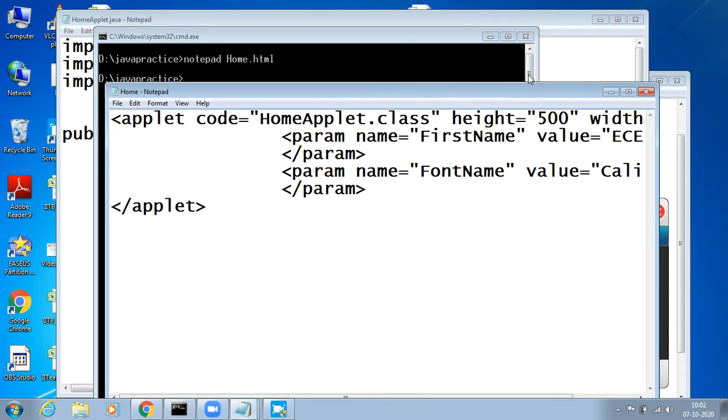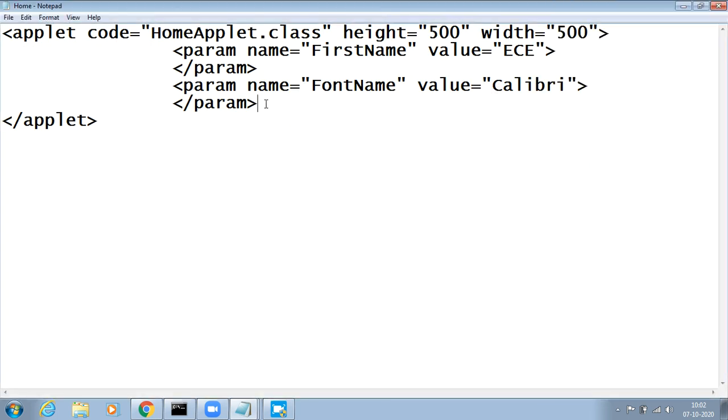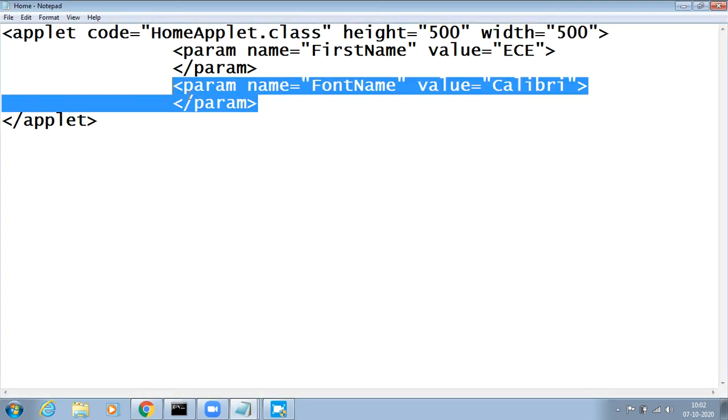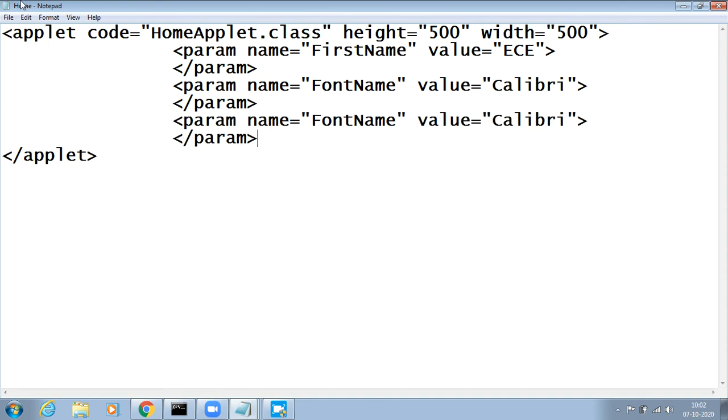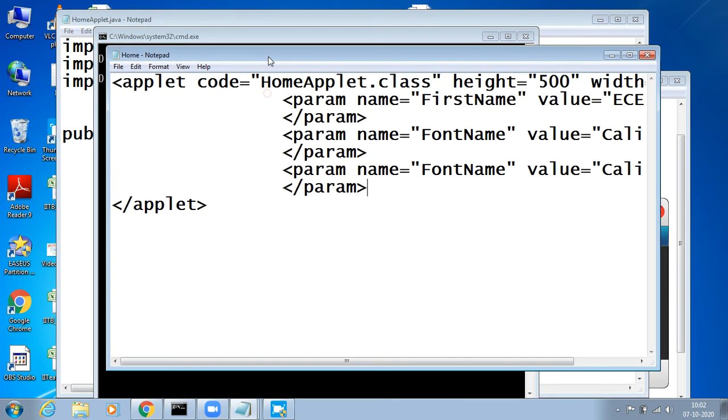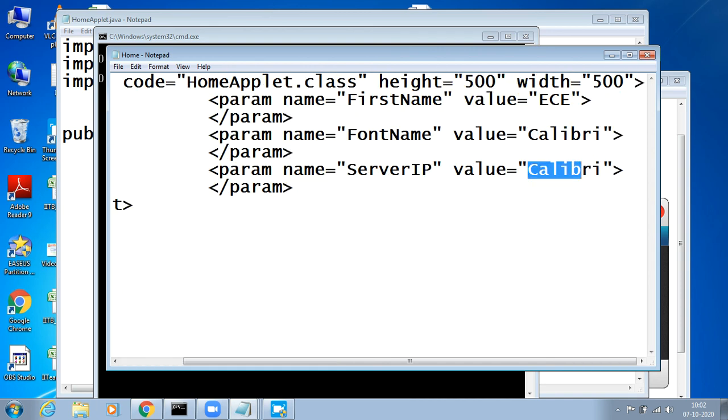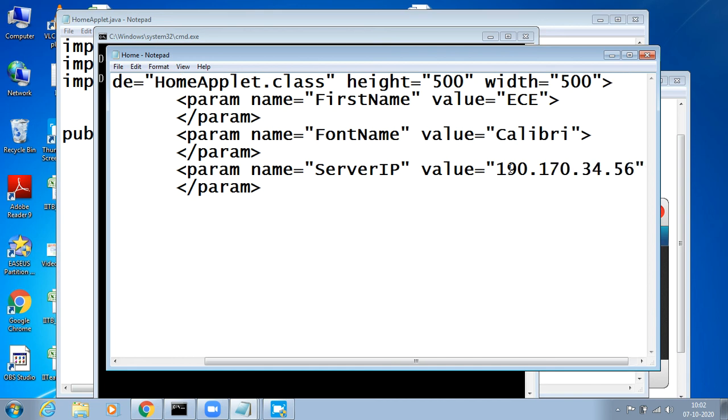Hence, here I just add another parameter to give you some general knowledge. Here I say a server name or server IP. From this IP, you try to handle the data. I want to say 190.170.34.56. This is the IP.